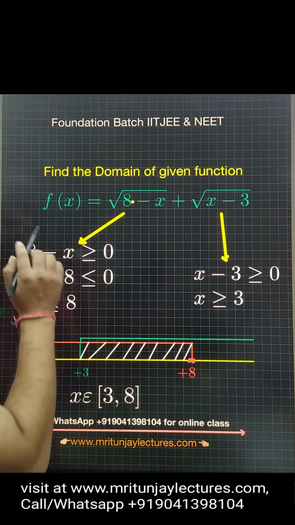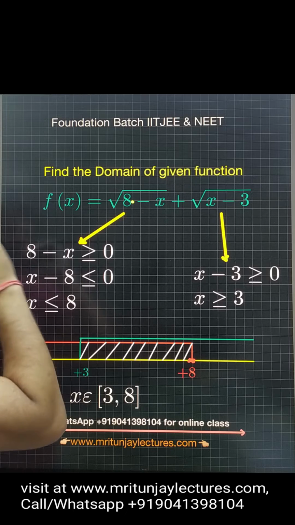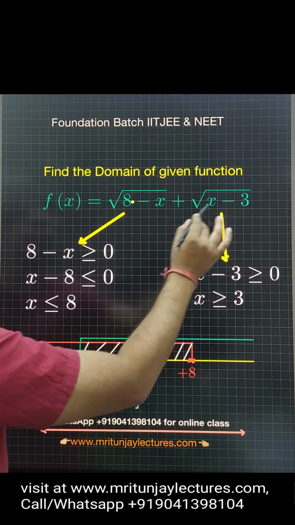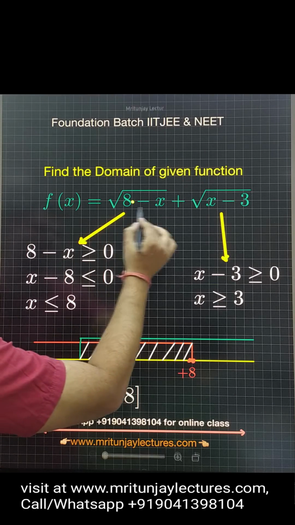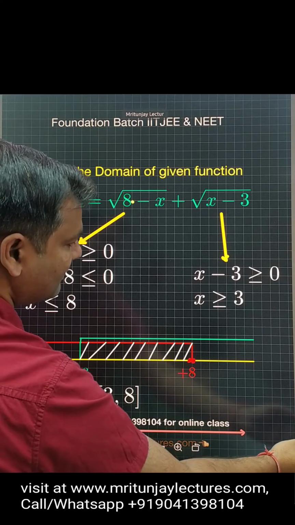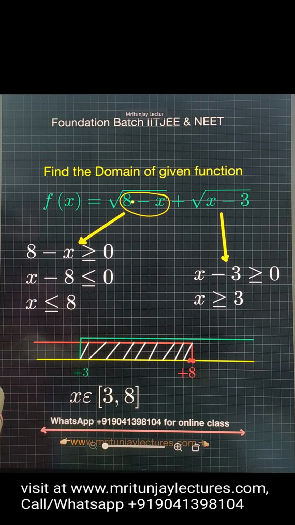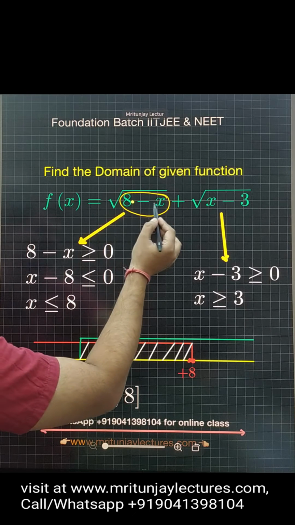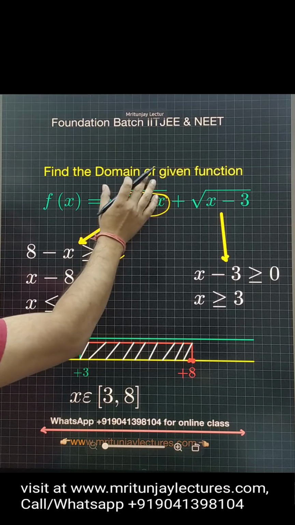Now, question of the day. Our motto is to determine the domain of the given function f(x) = √(8 − x) + √(x − 3). Basically, if you focus on the first part, you can say that 8 − x is greater than or equal to 0,